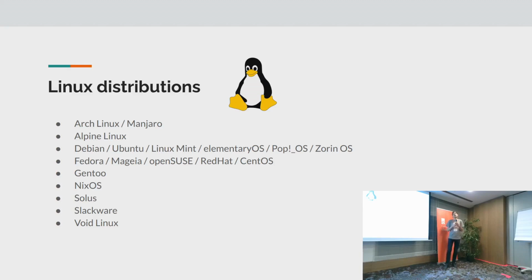We do actually have support for Fedora, not Rawhide, the one with containers and read-only stuff. Silverblue? Yeah, this one, Silverblue. We do have a pull request open for this, but if anybody knows much about Silverblue and how to package stuff there, you can help me out. The pull request has been open for quite a bit, and I haven't really had the time to review it yet. But in general, it's quite easy to support.